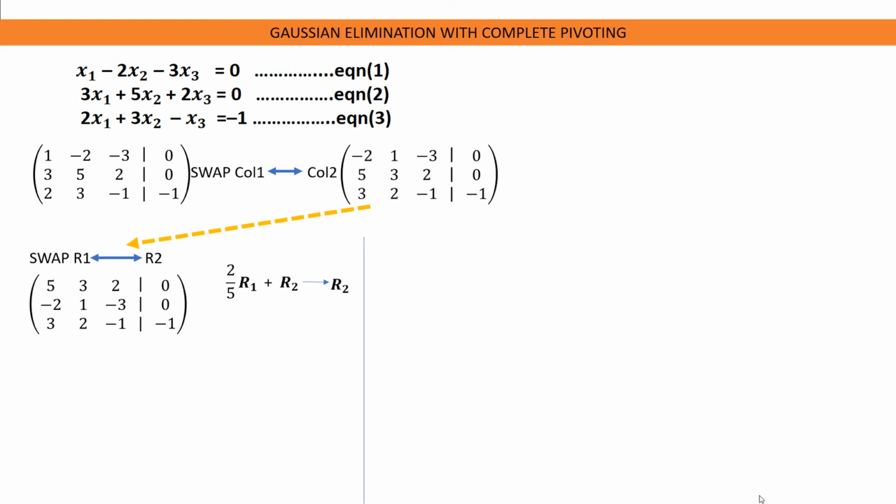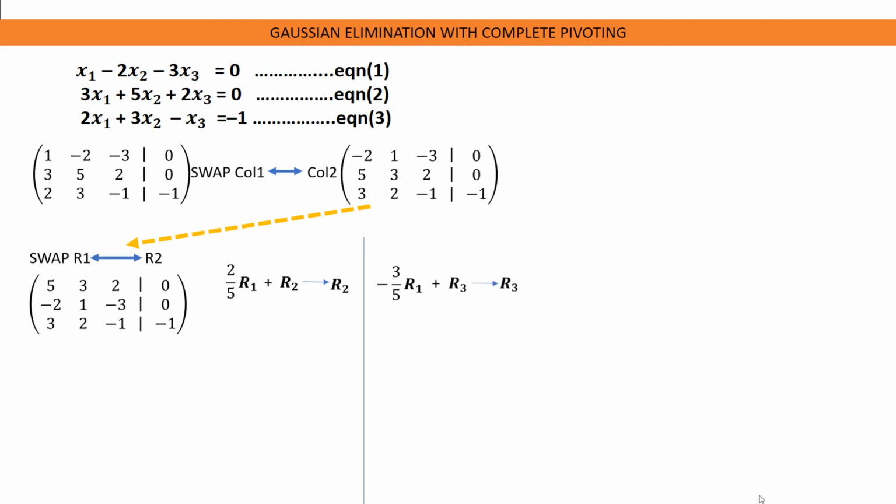To reduce 3 to 0, we will do the same thing as we did to negative 2. So we have to find a number that when we multiply by the pivot element and add it to 3, we are going to get 0. To find that number, we take 3 divided by the pivot element and negate it. And this is going to give us negative 3 over 5, and that is the number. So negative 3 over 5 times the pivot element. The pivot element is in row 1. So negative 3 over 5 times row 1 plus row 3, and we store our new values in row 3.